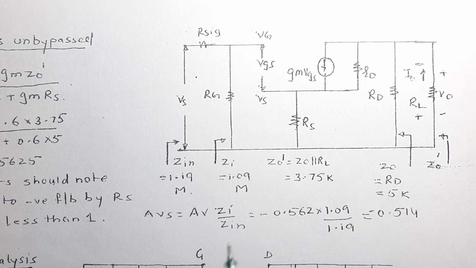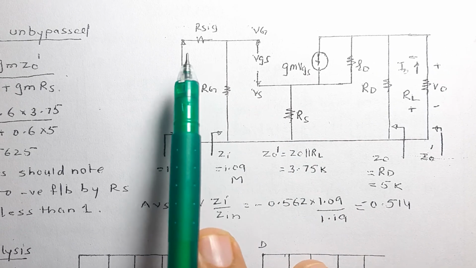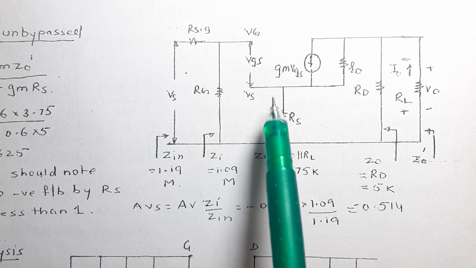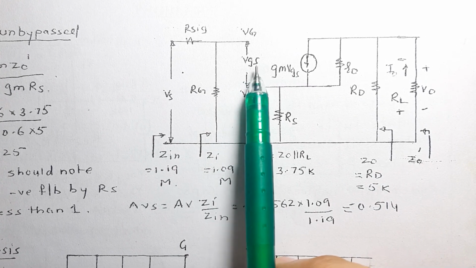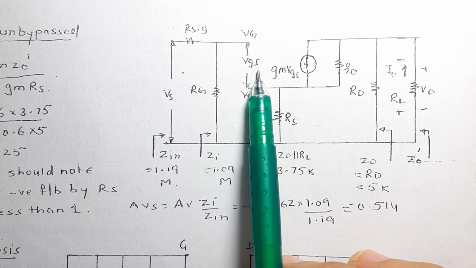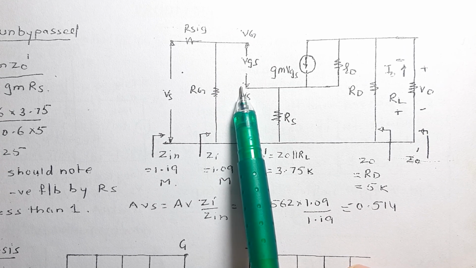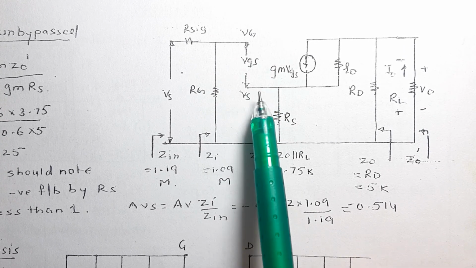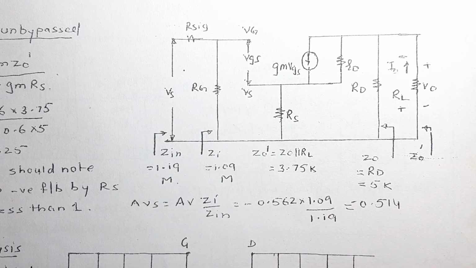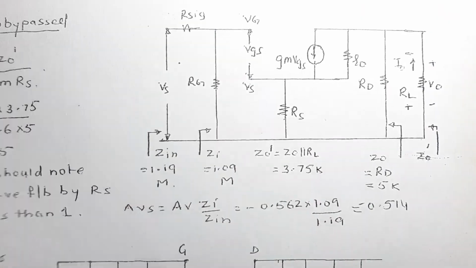This is the diagram for the case when you have RS unbypassed. So when RS is unbypassed, you will draw 4 lines, 1, 2, 3 and 4 over here. Here the terminal will be open. It will be nothing but VGS. Whenever you see an open terminal with the name VGS, you attack on VGS, that is nothing but VG minus VS. You had calculated it previously also. It was nothing but VG minus VI minus 0, that is nothing but VI. So the value that we had calculated in the previous part is simply VI.